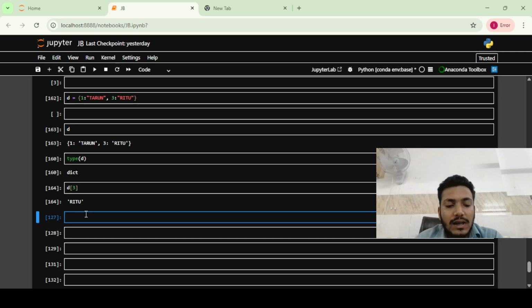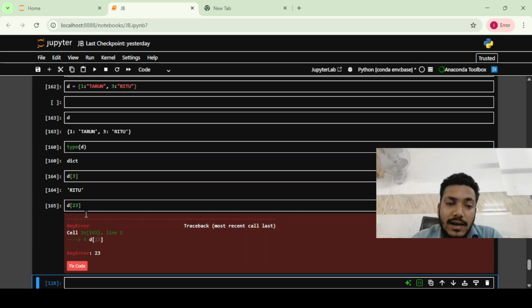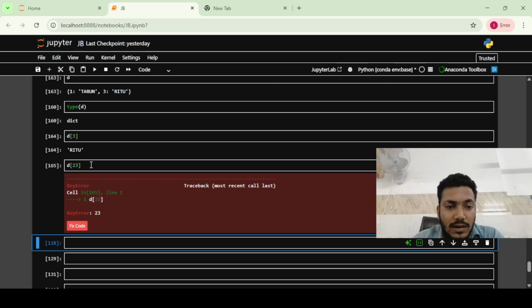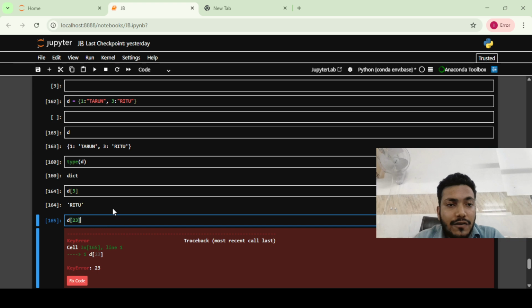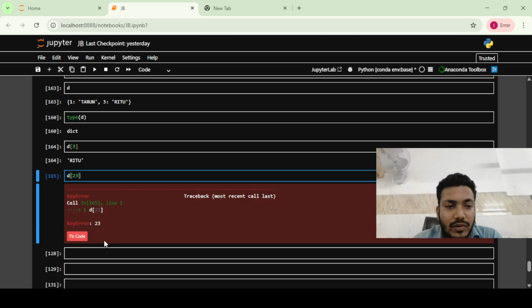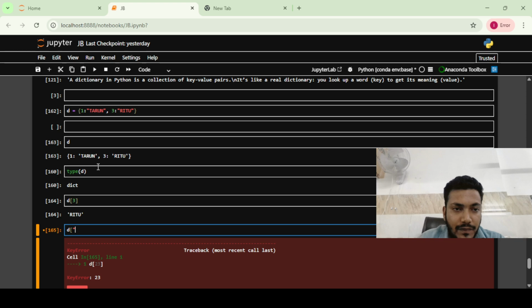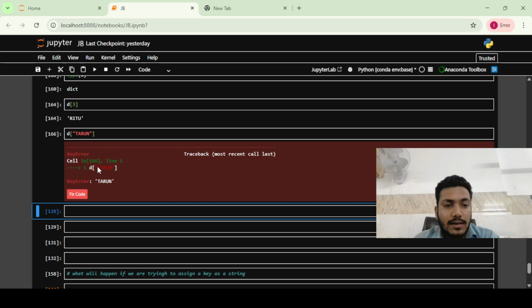Now what will happen if I am trying to give something which is not in the dictionary? It will show error, very obvious. And what will happen if I am trying to give the second element of the pair as input? Let us try that. It will also throw a error because